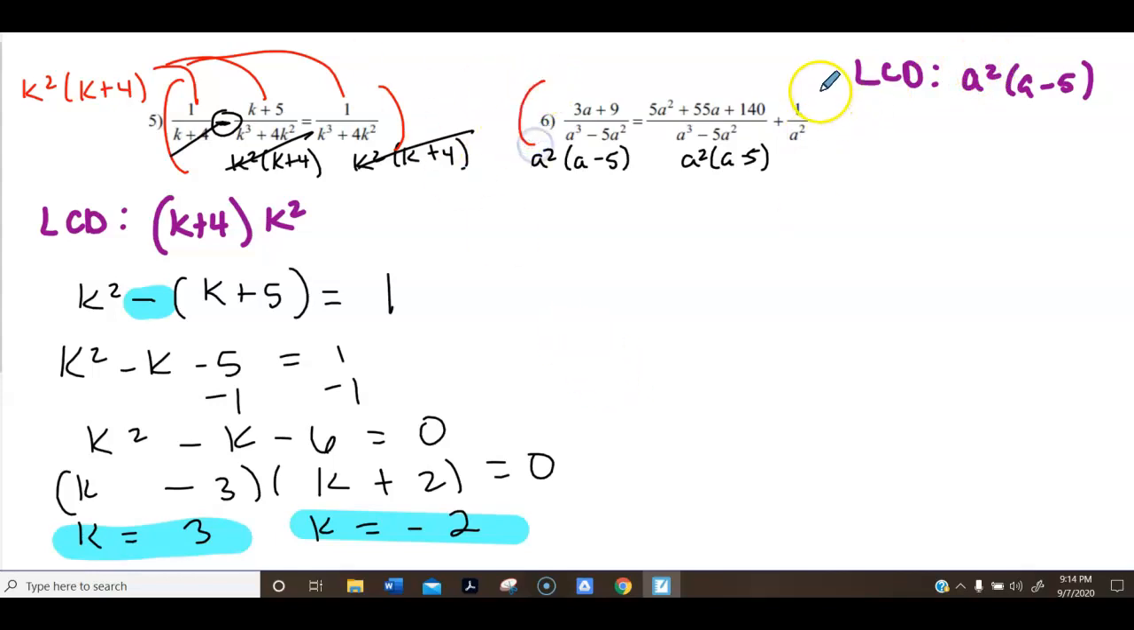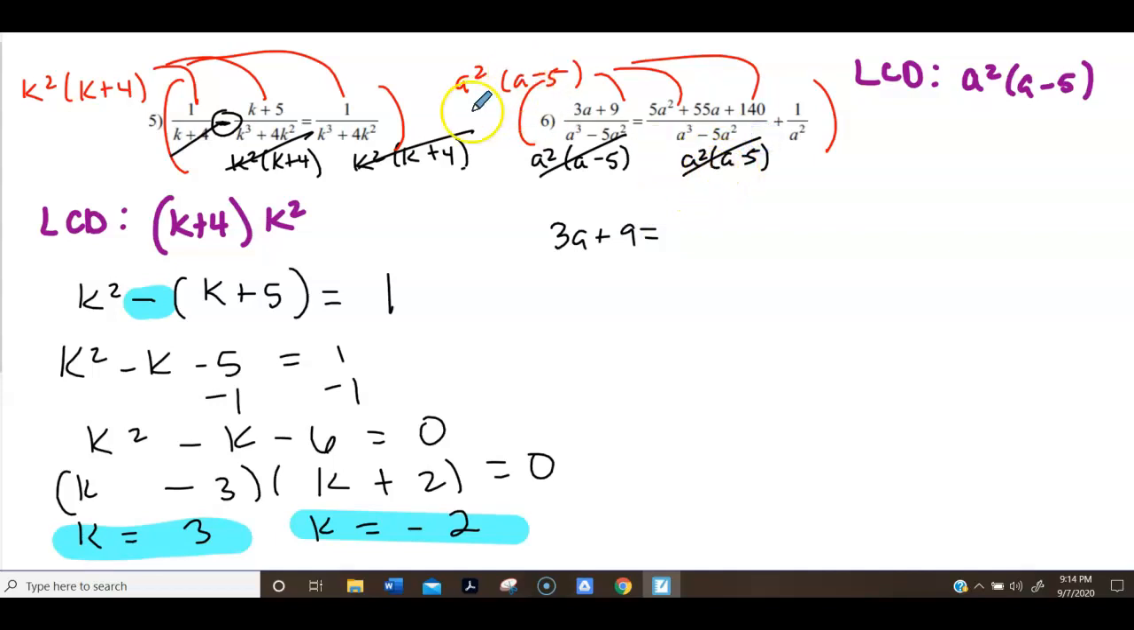You multiply the whole equation by the LCD, which is a squared times a subtract 5. Every fraction gets multiplied by that. Now, I did try to factor this to see if it would cancel with anything in the bottom first, but it did not, so I'm going to go ahead and just skip that step, and I'm going to just multiply by the LCD. So this whole thing is going to cancel, leaving me with just the 3a plus 9, because it canceled with this. So I get 3a plus 9 equals, this cancels, a squared times a minus 5 cancels with that,